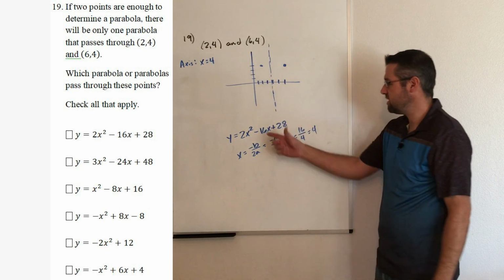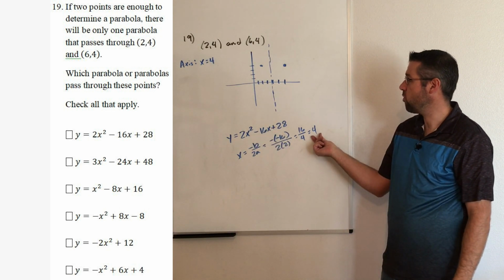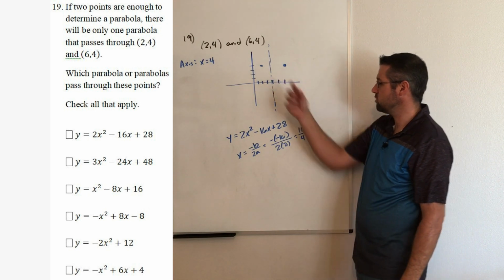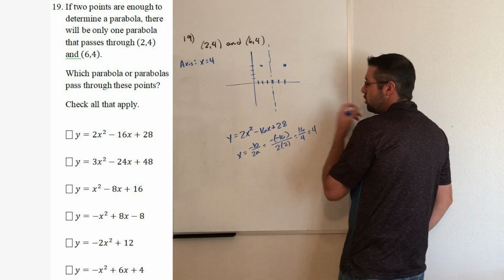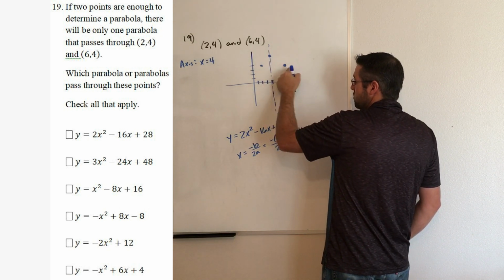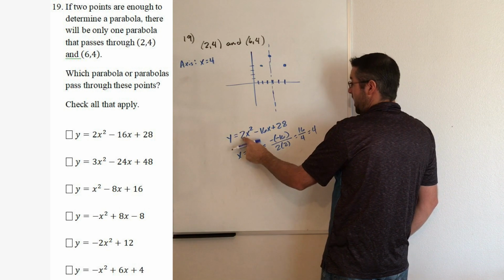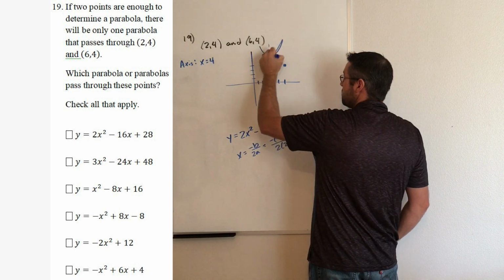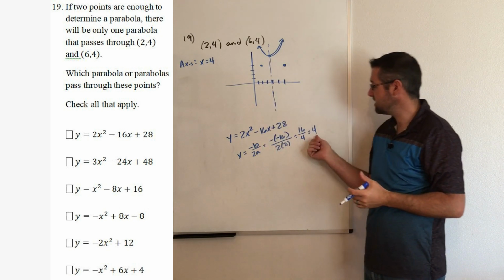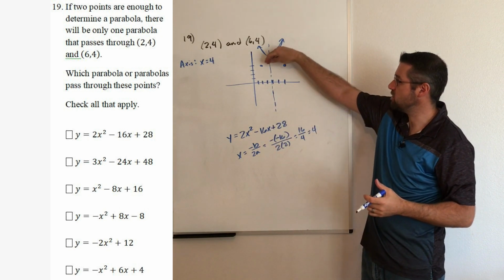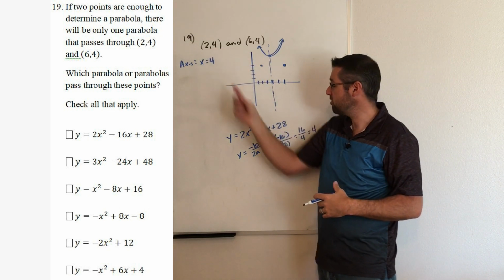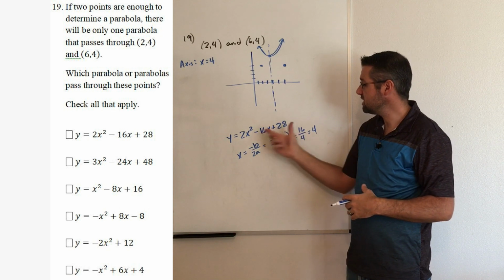We have determined that this parabola has the axis of symmetry of 4, but we still have not determined whether it actually hits those 2 points, because this parabola could have, I'm not saying that it does, but it could have a vertex that's above these 2 points. And because the a value is positive, that means this guy opens up. So it would look something like this. If that's the case, just because it has the same axis of symmetry doesn't mean it will actually hit those 2 points. So from here, you would have to plug in 2, 4 into this equation to see if that